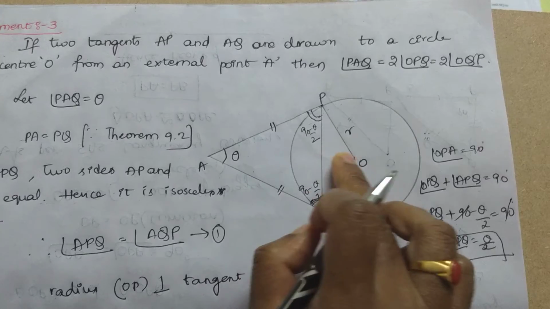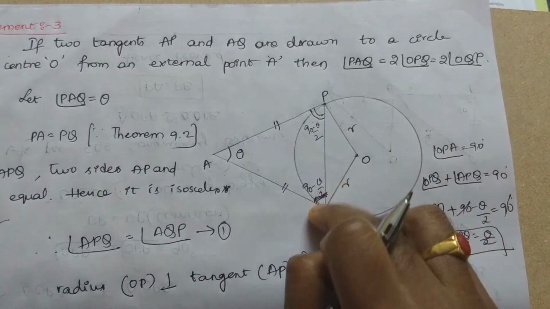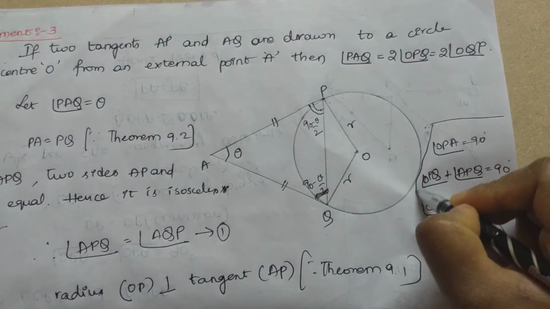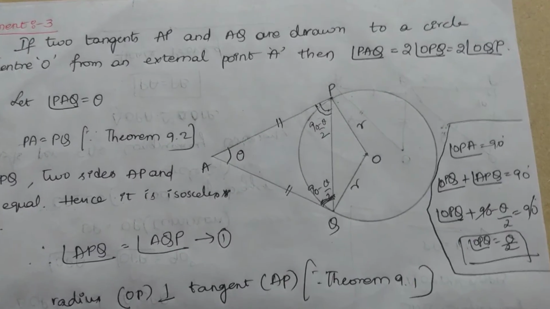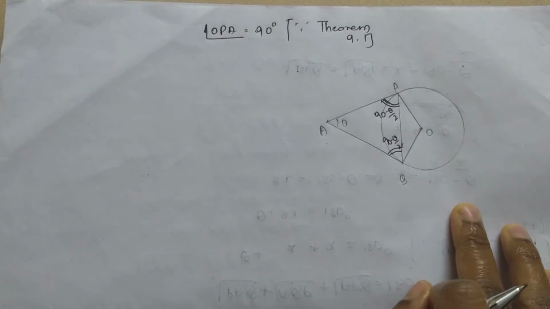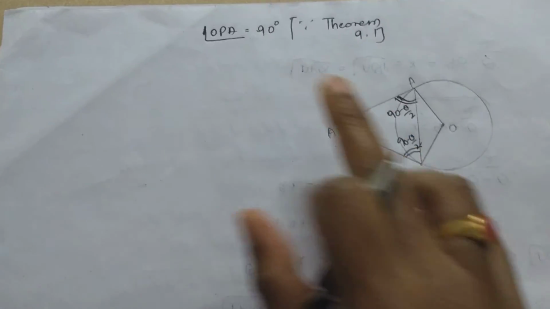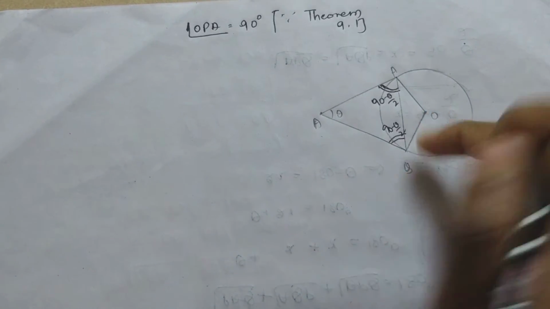In the same way, we have to get the OQP value as well. I have told you this roughly. Let us solve the same thing on the next page. See here, for understanding, I have drawn this figure again. So angle OPE equals, see here, this is P.